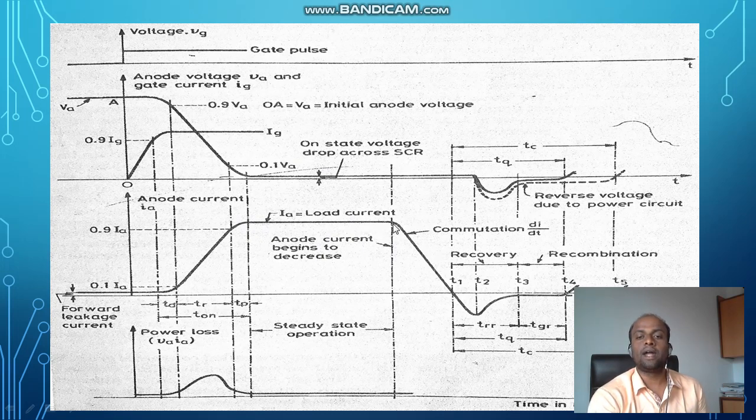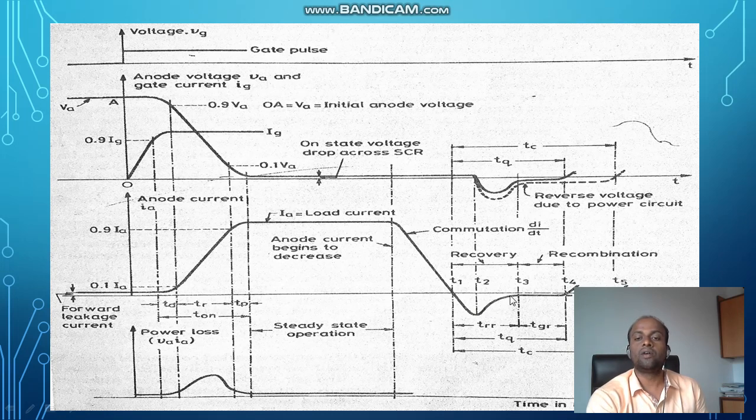Similarly, now at this point, you start to decrease the gate current. As the gate current is removed, the anode current will slowly start reversing. Here it will reach zero. Till then there is only some drop; voltage is not blocked. Till voltage is blocked, the anode current decreases to zero, and due to the presence of charge, it will start increasing in the reverse direction. It will reach some highest value of reverse conduction, and then slowly the reverse conduction reduces.